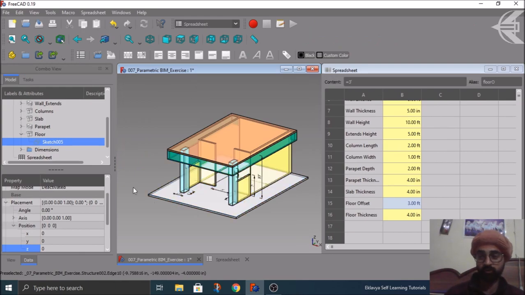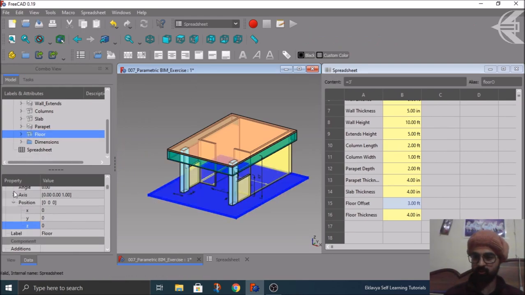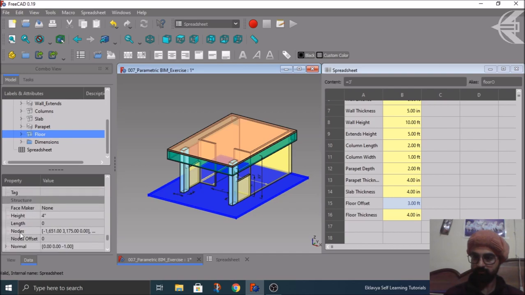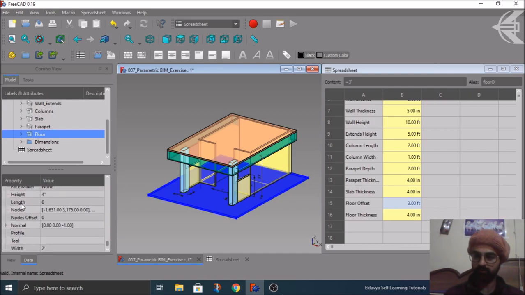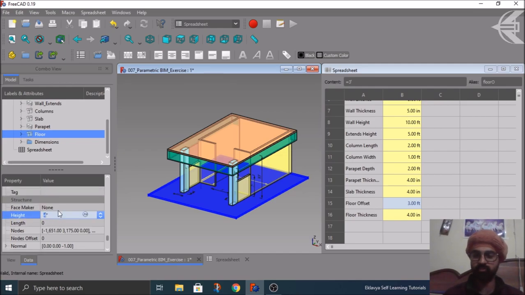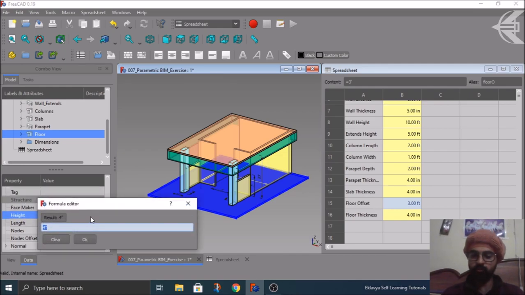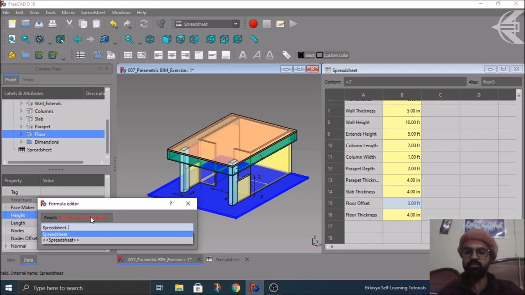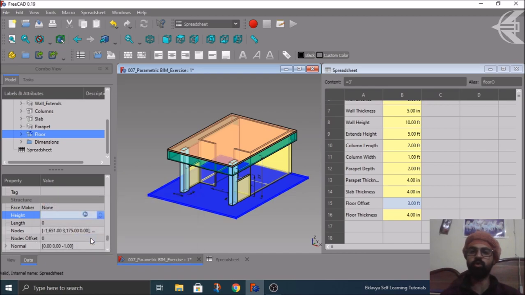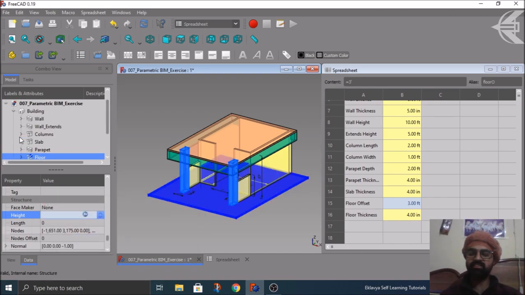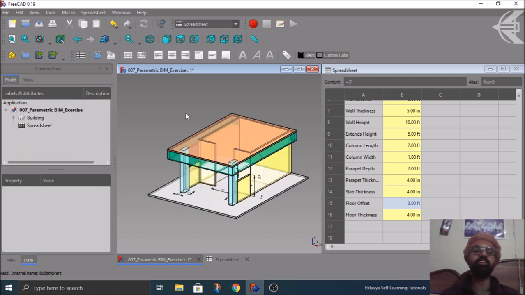Final thing is the floor thickness, which lies in this object, and you move below. Here you have the height of this floor, which is the thickness obviously. So you assign the formula spreadsheet dot floor thickness. Click OK. So now you're done with assigning all of your constraints, and now the thing is to just